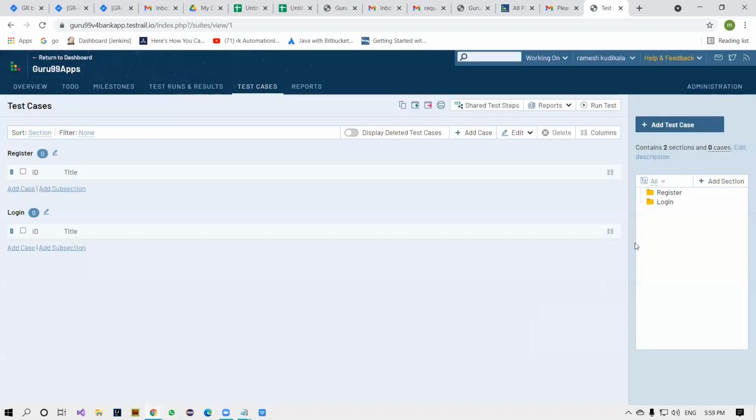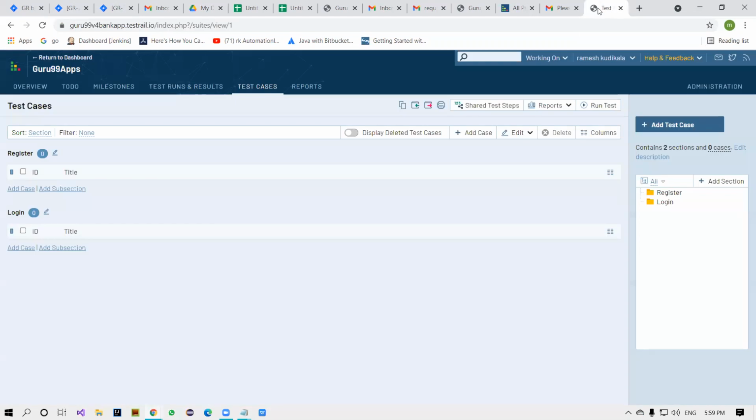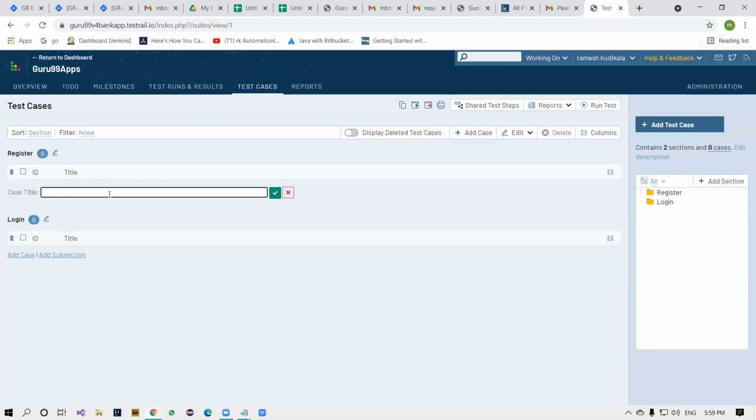You see that? A different kind of sections over here. Okay, inside the registration, you will be having a different kind of test cases. Registration will have the different kind of test cases. So now I'm focusing on this registration test cases, right? How to do that? Very simple. Go here, click on the add test case. Here, register,